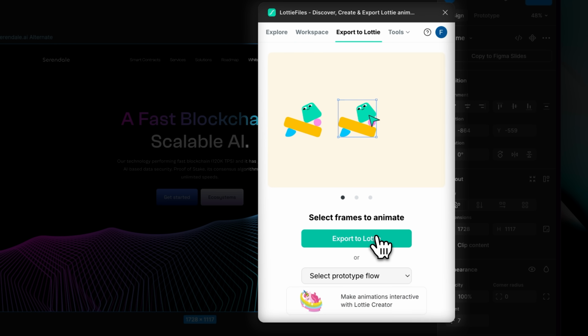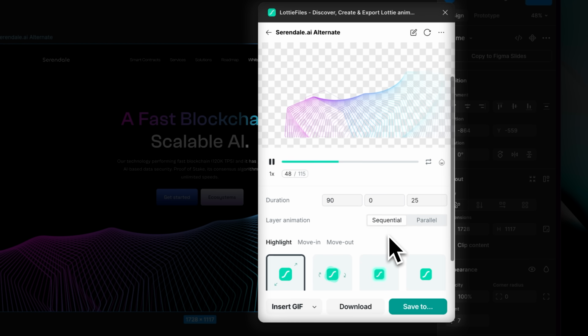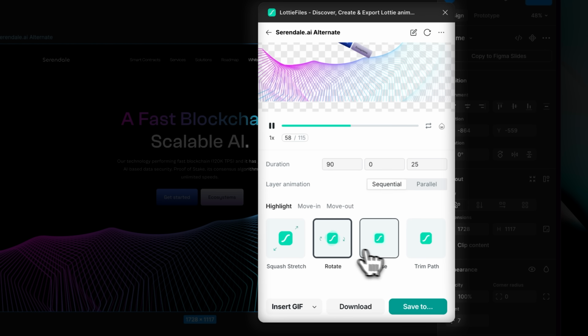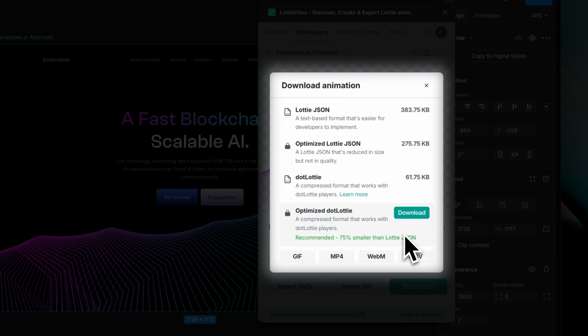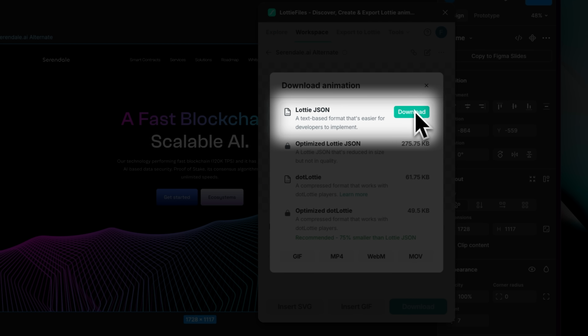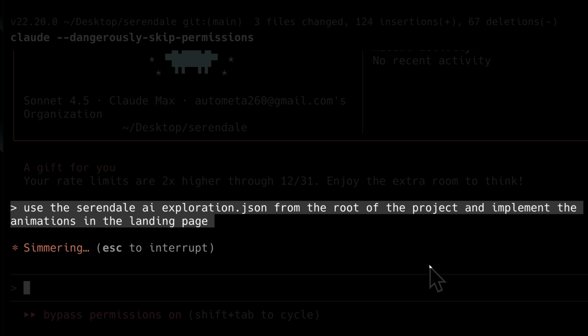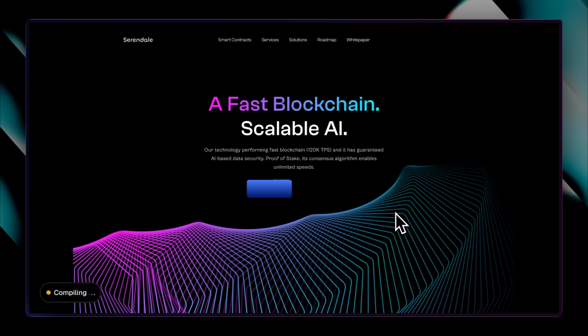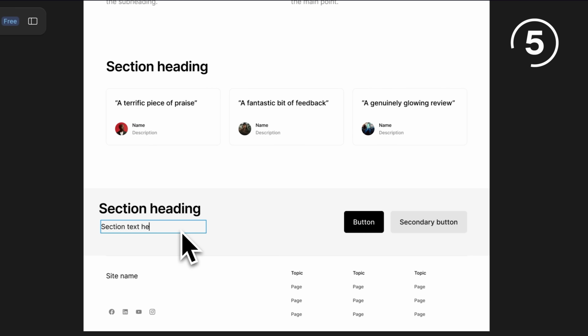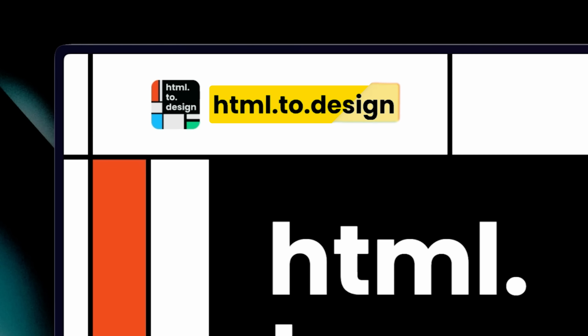LottieFiles, which is also available as a Figma plugin. It allows you to implement animations in your website designs and export them in multiple formats, including various types of Lottie JSON files. You can even give the animation file to Claude Code, and it will apply the animation to your UI for you. If you don't want to design on Figma from scratch, you can use the HTML to